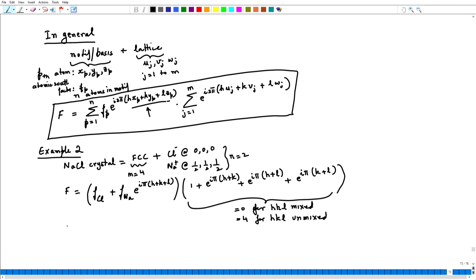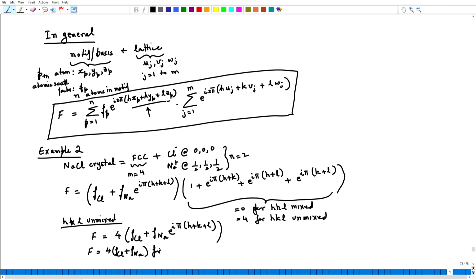So, I need to analyze this just for hkl unmixed, because when hkl are mixed the structure factor goes to 0 anyway, and I do not need to analyze anything else. Therefore, the structure factor for hkl unmixed becomes F chlorine plus F Na e to power i pi (h plus k plus l). Now, this is very simple to analyze. Whenever h plus k plus l is even, this exponential term will go to plus 1. Whenever h plus k plus l is odd, the exponential term will go to minus 1. Hence, I can write that F equals 4 times (F chlorine plus F Na) for h plus k plus l equals even,